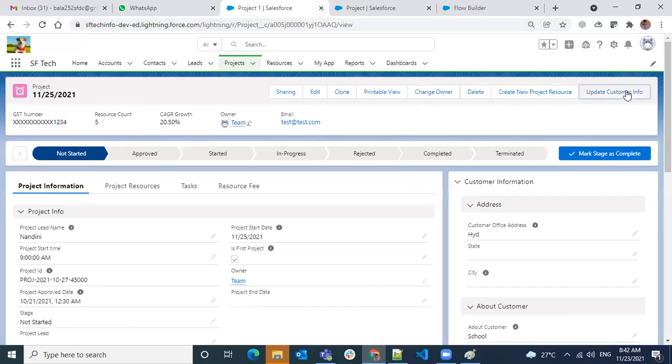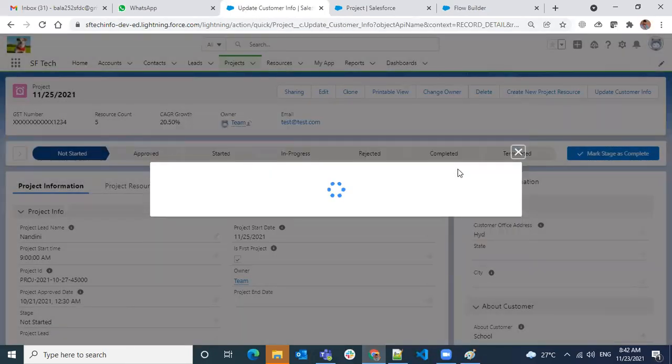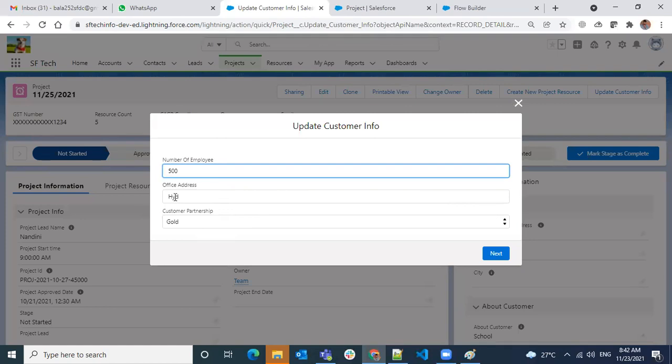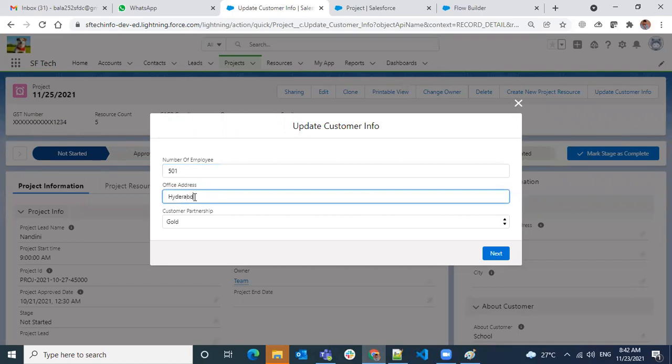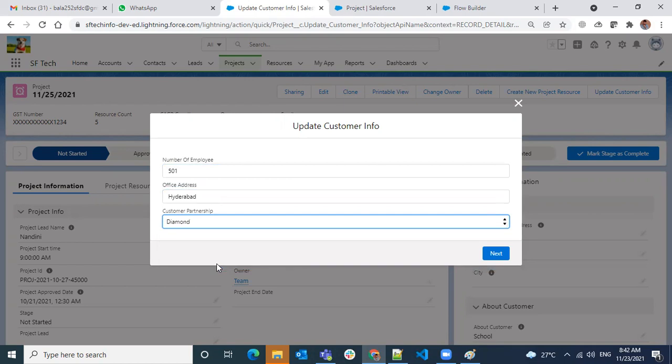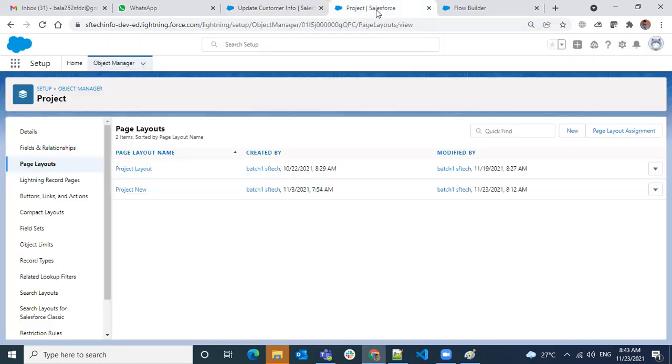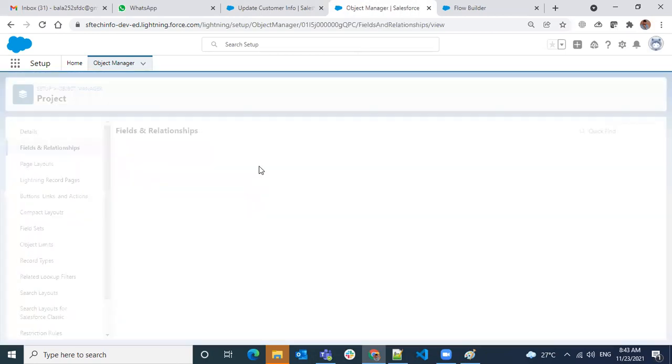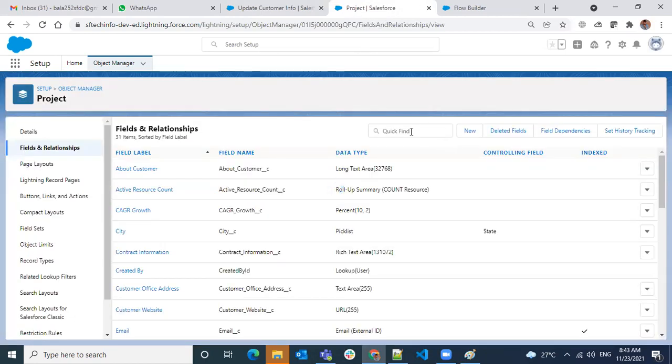Okay, now I have this flow ready, and it is showing everything. I want to make it 501, make it a full name, and then change it to a diamond. My expectation is it should not allow me to save, but I want to confirm beforehand whether this partnership is a restricted pick list or not.